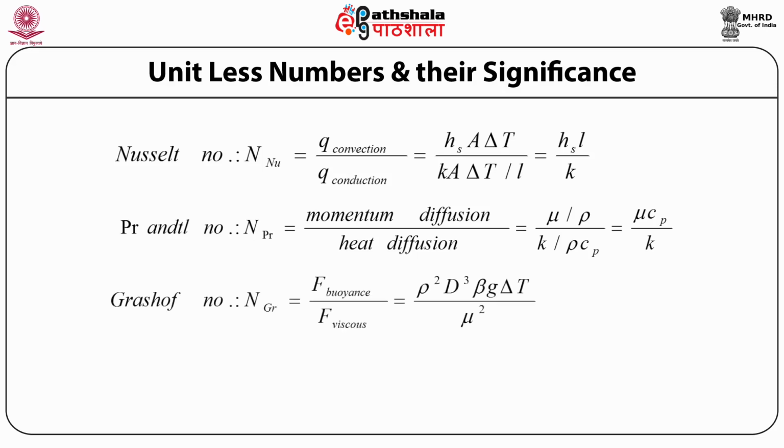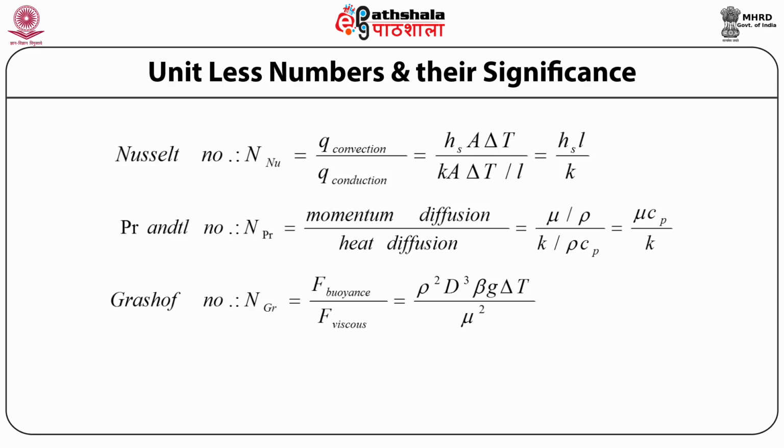Next come to Grashof number. Grashof number is the ratio of buoyant force to viscous force. In natural convection, we have discussed fluid circulation is maintained by density difference, or in other terms, we can say the effect of buoyancy by which the light molecules move up. If the fluid is viscous, the buoyancy effect will be less. So, a higher value of Grashof number is required.